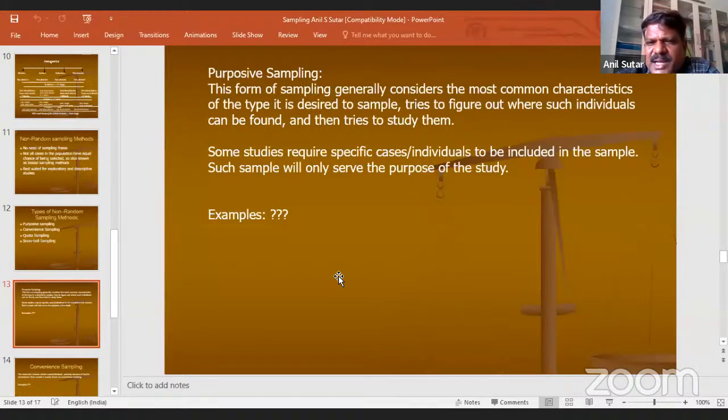I mean, purposive sampling is a kind of sampling method which is directed by your research purpose or your research objective.